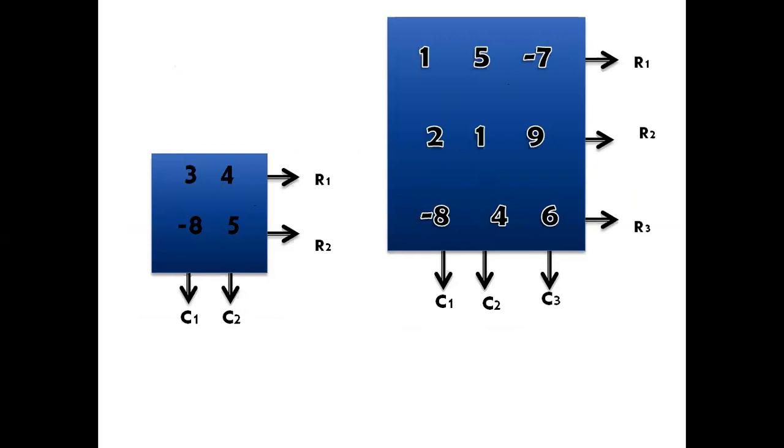Based on the dimensional shape, we may consider the type. Yeah, it looks like a square shape. So it is called a square matrix. The square matrix is a matrix in which the number of rows will always equal the number of columns. If the rows equal the columns, it is a square matrix. If the number of rows is not equal to the number of columns, it is a rectangular matrix.